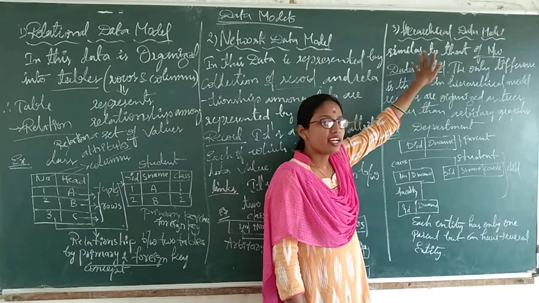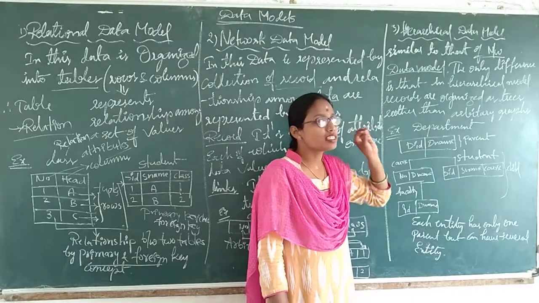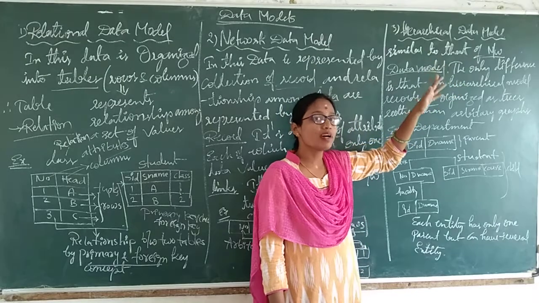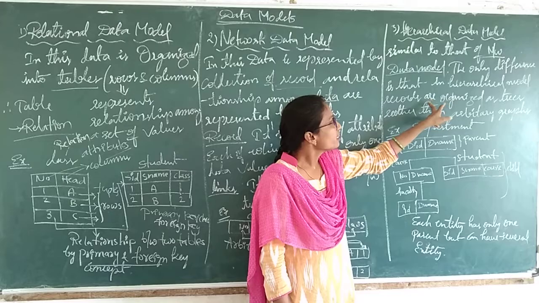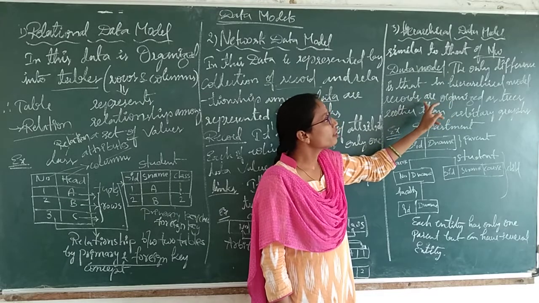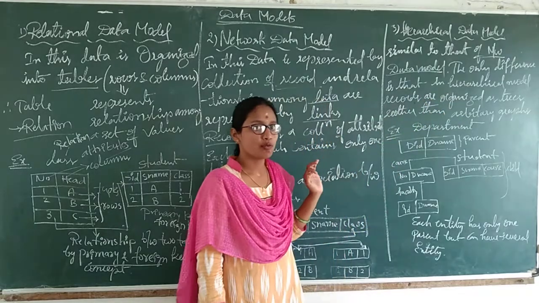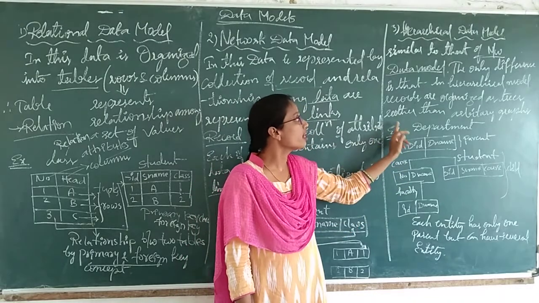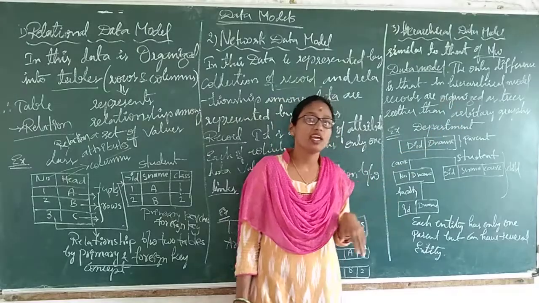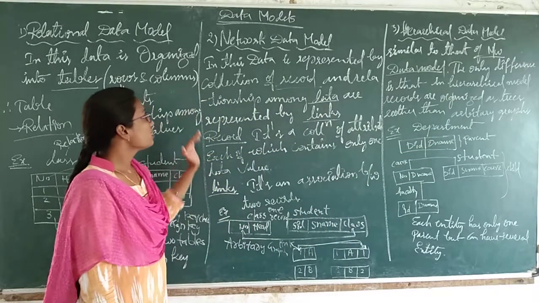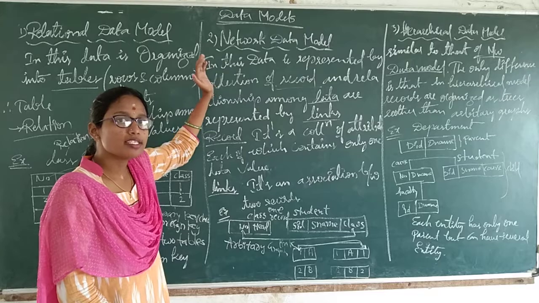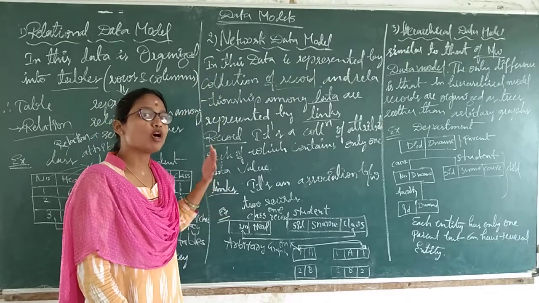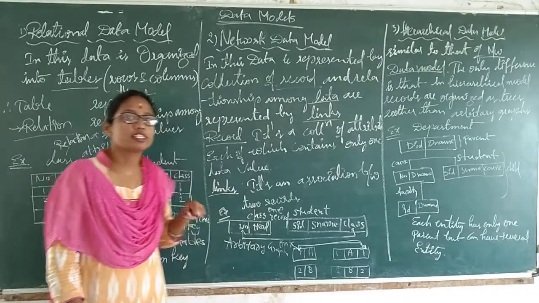Here the hierarchical data model is similar to a network data model, but one difference is that the records are organized as trees, rather than arbitrary graphs. Today's lecture we are learning